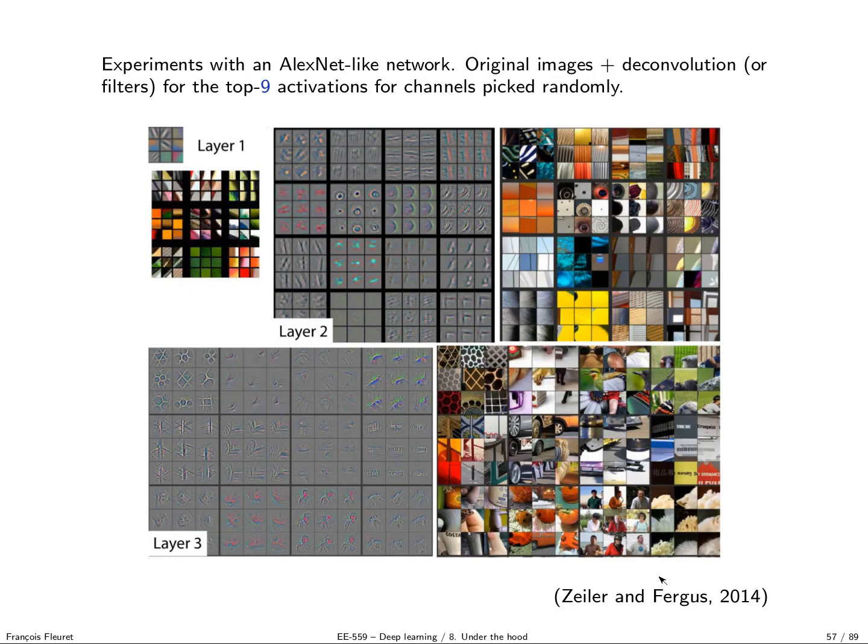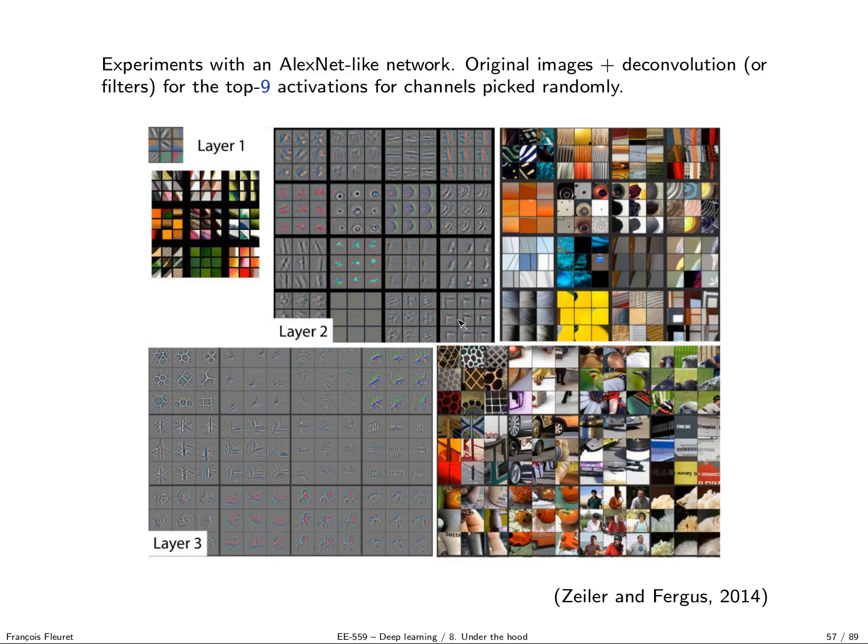And in their paper from 2014, Zeiler and Fergus did a bit more of an analysis. They looked at an intermediate unit in the network and collected the patches which made units respond the most, and also computed the convolution. And it's quite neat because you see that in layer 1, the units are really coding a simple edge sort of structure. If you go to layer 2, you see that now it's more complicated.